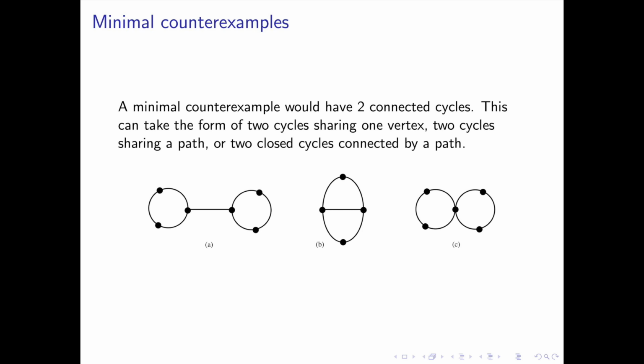There is also a counterexample of type B if and only if there is a counterexample of type C, by adding or removing the path at the point of connection between the cycles in C. Again, the length n path in B adds exactly n edges and n vertices to C.